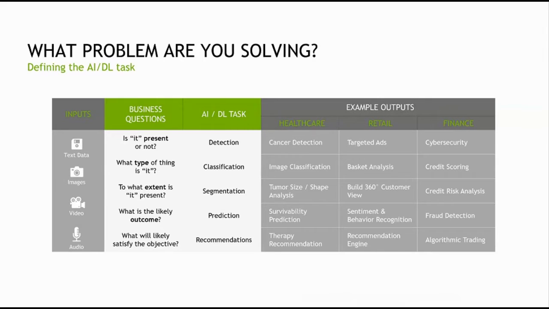So starting from when you have these input modalities of text, images, videos, and audios, what are the various different business questions that you can ask? The first question is, is a certain thing present in that particular input? The best example for this is images. When we do object detection, what we are essentially trying to find out is a bounding box as to where a specific object is present, and then also classifying to what class that bounding box object belongs. That can be generalized as a detection task.